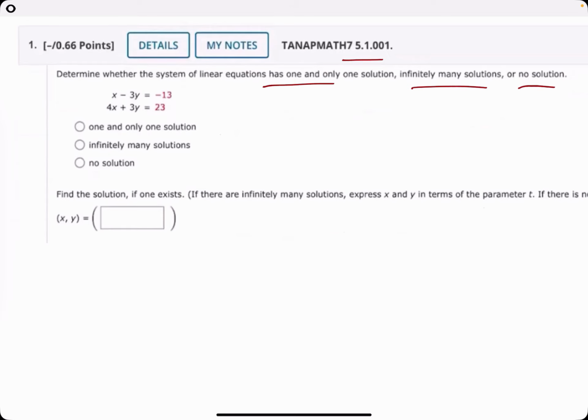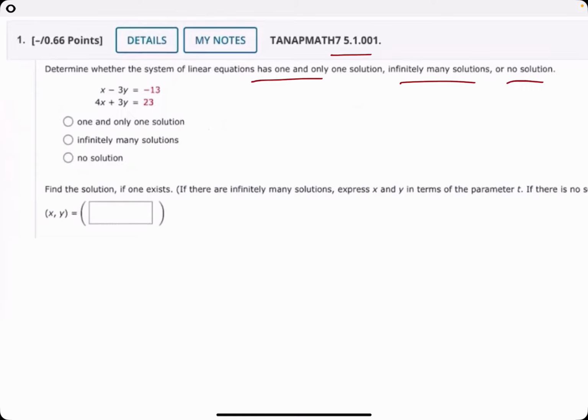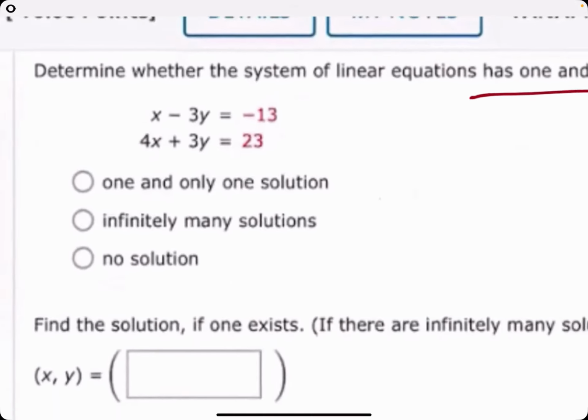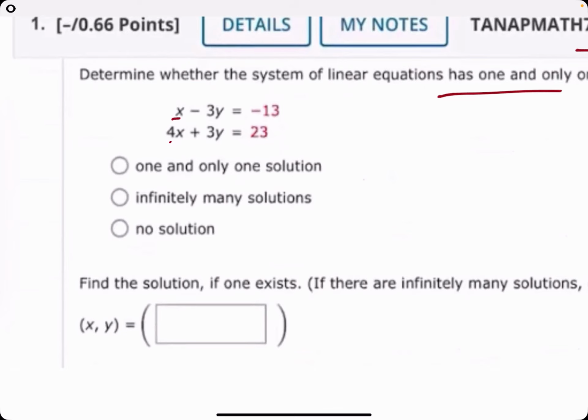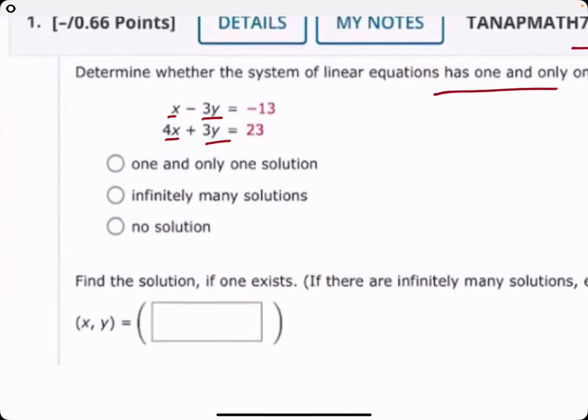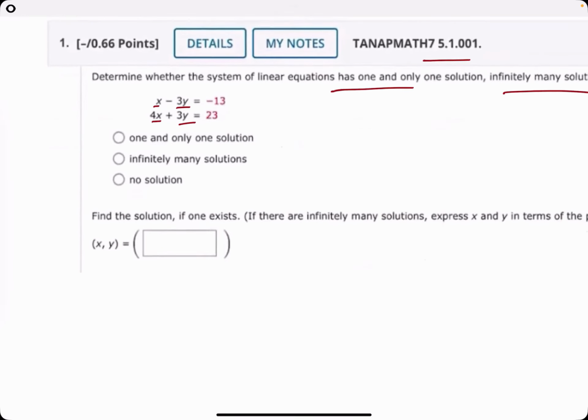I'll probably go more of the elimination route because that'll be more applicable to the future material in 5.2 and 5.3. So the elimination route is the idea that when you look at these variables x and y, you ask yourself how can I add or subtract these two equations in order to cancel out either the x terms or the y terms. And so what we're going to do is take this equation and add it